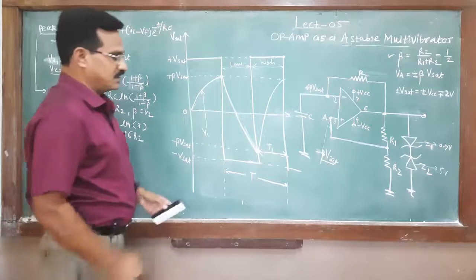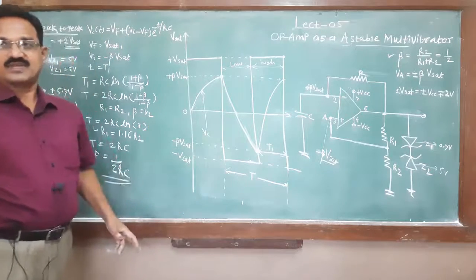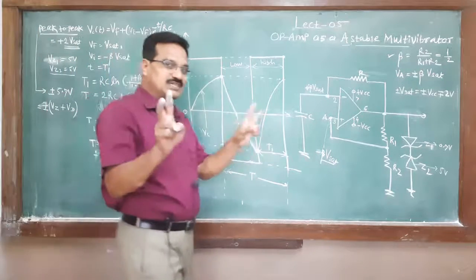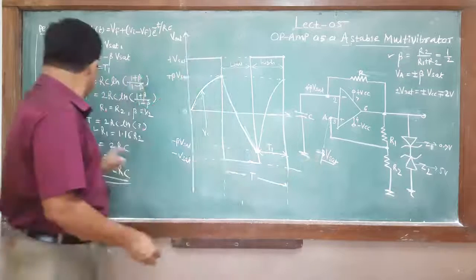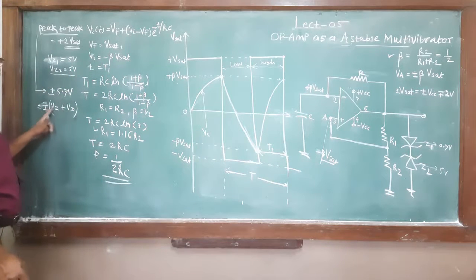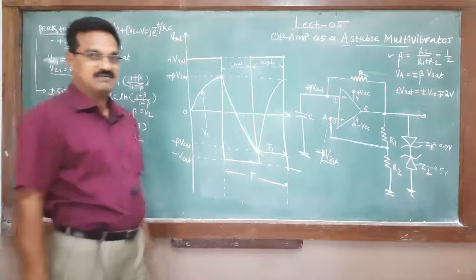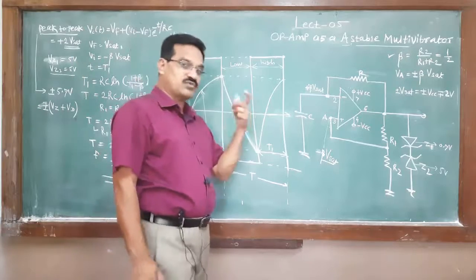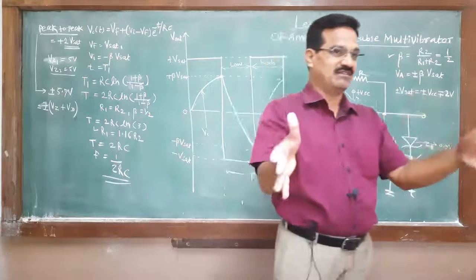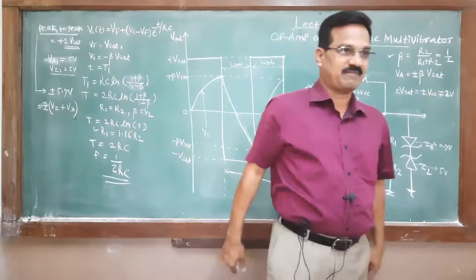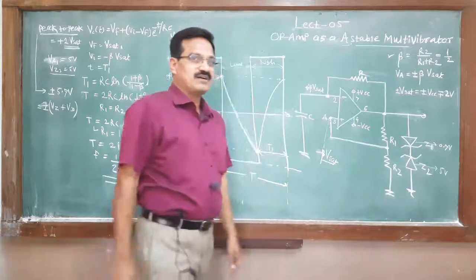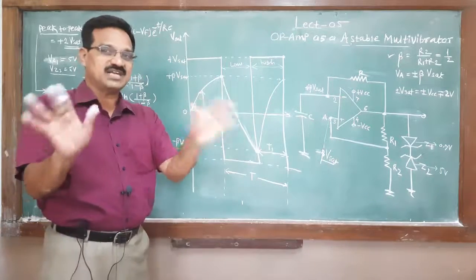In addition to this, in both cases, both threshold levels are the same. It means it is Vz plus Vd and minus Vz plus Vd. Both threshold levels are the same, and that's why we get the square wave that is symmetrical, duty cycle 50%. But if suppose the unsymmetrical square wave is required,